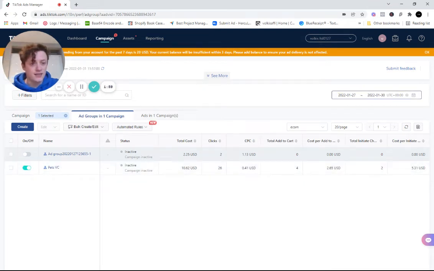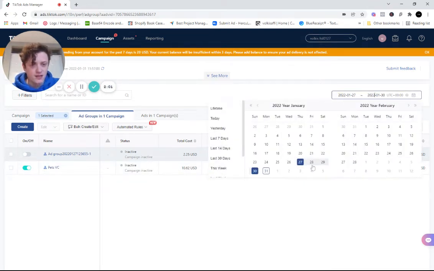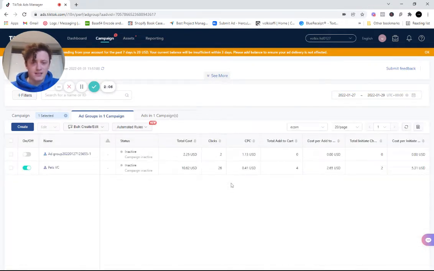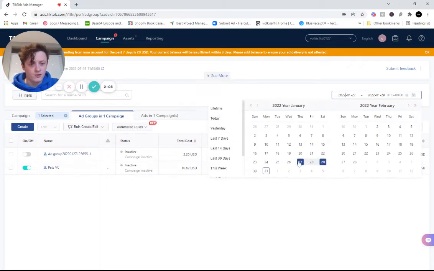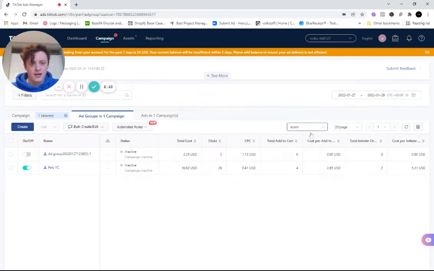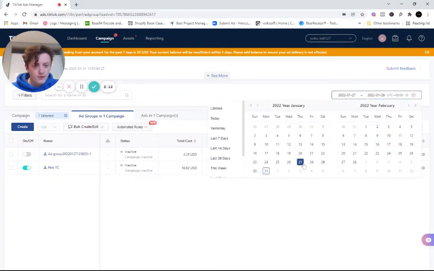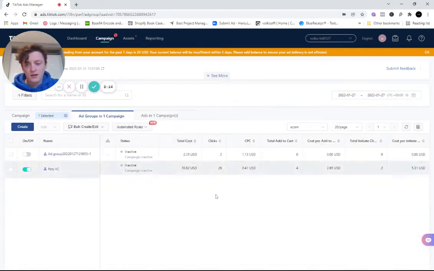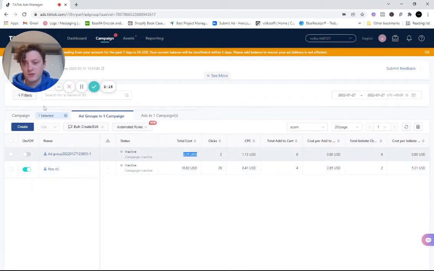So to give you an idea of when all of this happened, I think it was towards the end of last week. I set these ads up, so we'll have a look on, must be the 27th, first day of having this account. And you can see on the first day, $10 was spent, $2.25. And if we look at the other campaigns that I had set up,